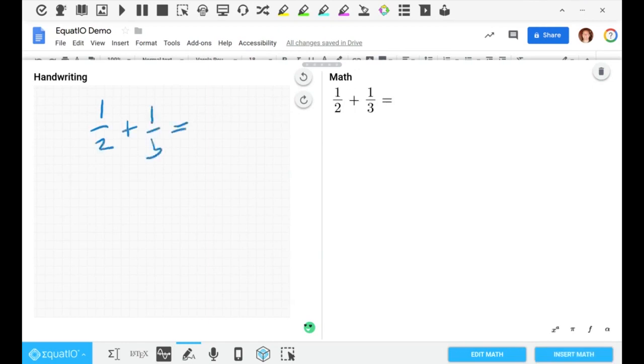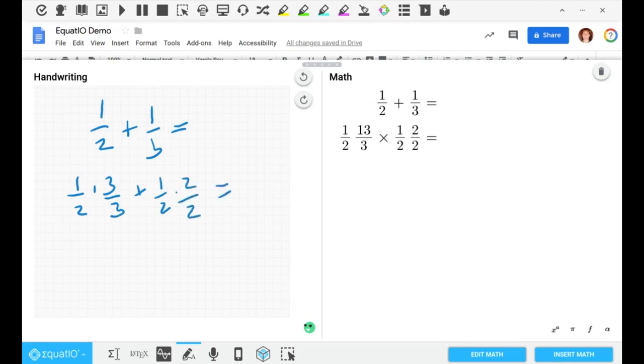So I can do 1/2 plus 1/3 equals, and I can even do that like 1/2 times 3/3 plus 1/2 times 2/2 equals, and then I can see here that it thought it was a 13. So I can just say, no, that wasn't a 13. That was like times 3. And so I can go ahead and scratch that out. And it should work, but it didn't really like that. I can go ahead and fix that actually afterwards. And so I get this as being 3/6 plus 2/6 equals, there we go.